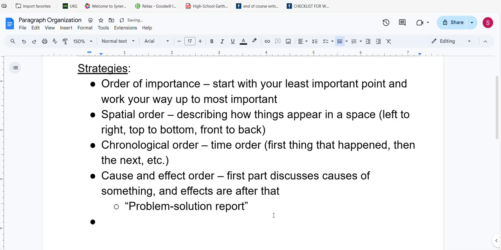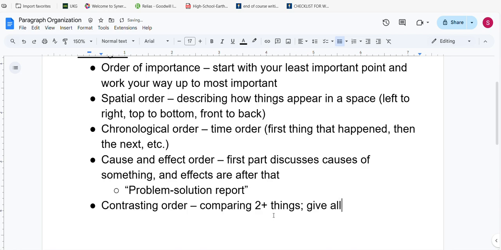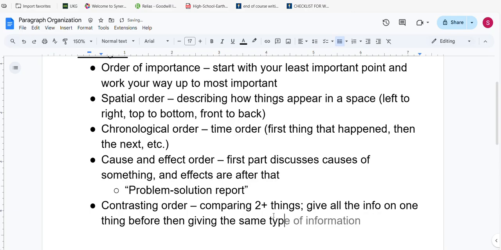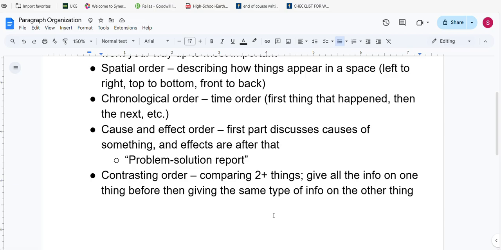And then you have contrasting order. And this is for when you are comparing two or more things. And then you give all the info on one thing before then giving the same type of info on the other thing. So what I am meaning there is, if I am trying to compare and contrast